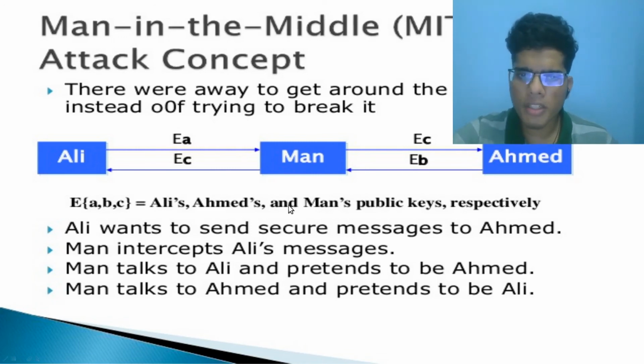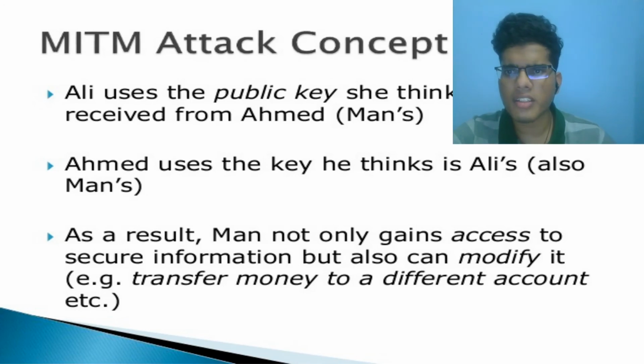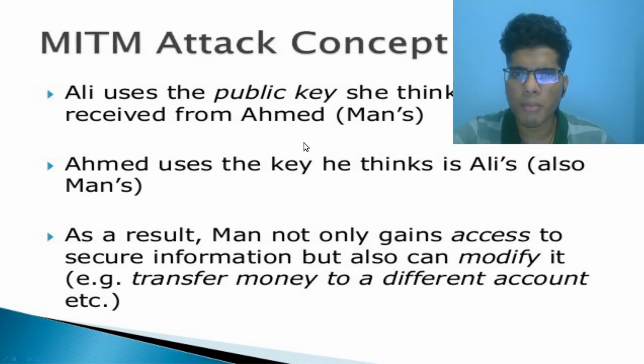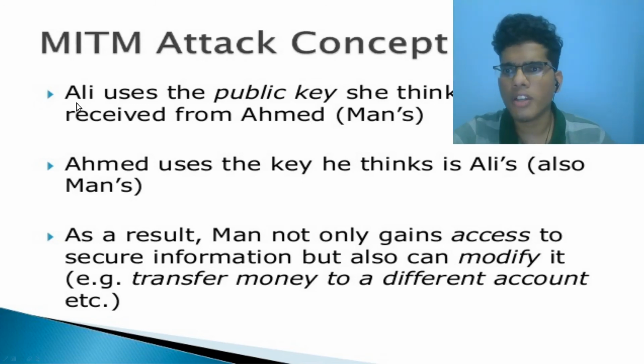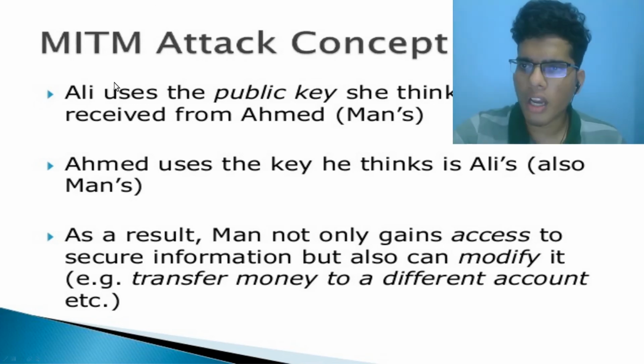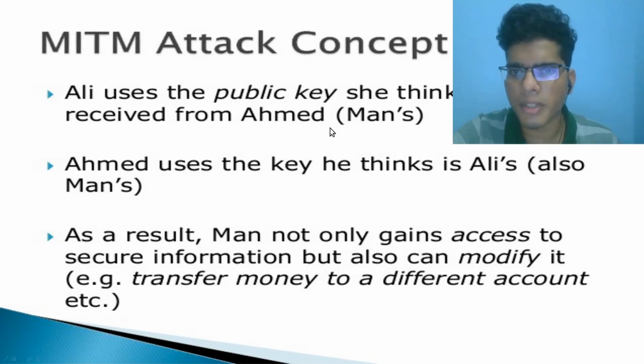But what happens if man tampers with the packet sent by Ahmed to Ali, replacing Ahmed's public key with his own public key? So Ali thinks that the public key received by him is from Ahmed, but we all know that the key is sent by man. So whatever data he encrypts using this public key can only be read by man. Ali uses this public key to encrypt the symmetric key generated by him and sends it to Ahmed, which again can be intercepted by man, and he takes the symmetric key.